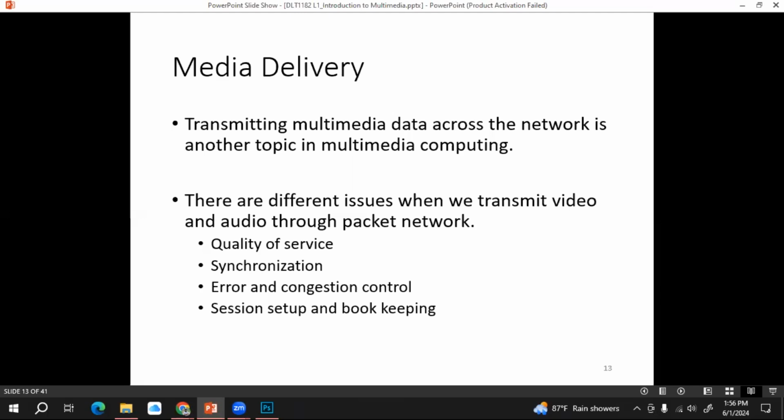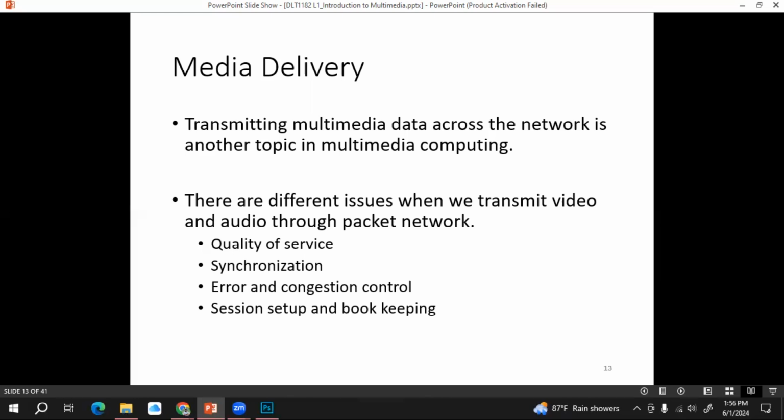As I mentioned earlier, if your system is not enough to work with, or your computation power is not enough to work on some kind of task, it may affect the quality of service. If your network is not enough to perform a specific task, it affects the quality of the multimedia system, right? Then we have to manage the quality of service of a multimedia system.